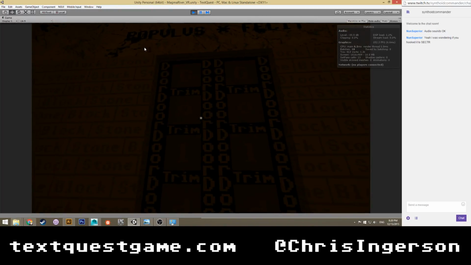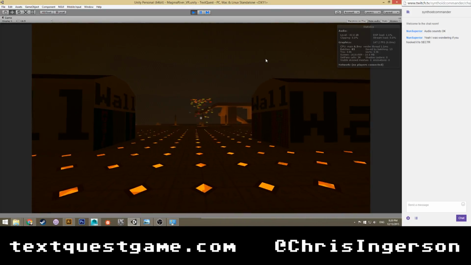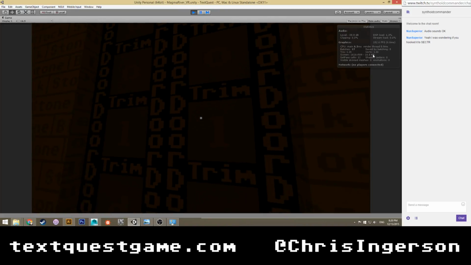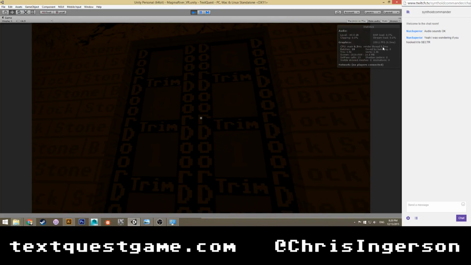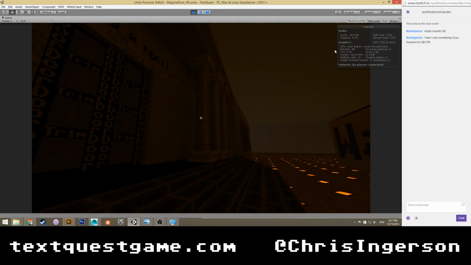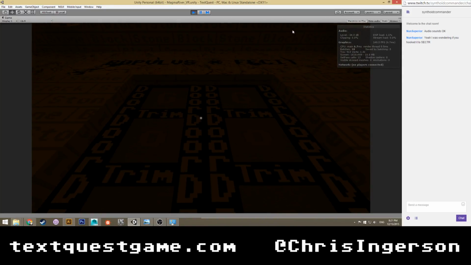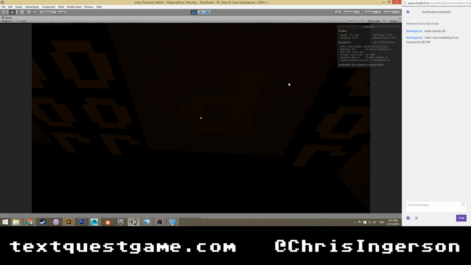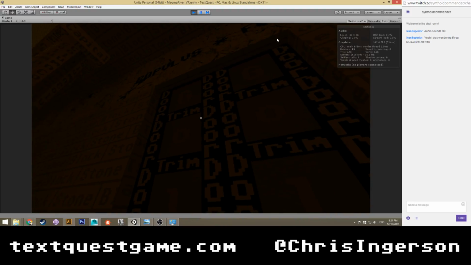Got the gold trim. My only concern with this is that some of these textures don't really look that good without a light source next to them. So if you have a lantern or something, these will look pretty nice. But if you just have the ambient light baking, it's not that great. It works, don't get me wrong. I stylized it enough where it's not going to be a problem, but it's not as good as I would like it to be. It has to be perfect.